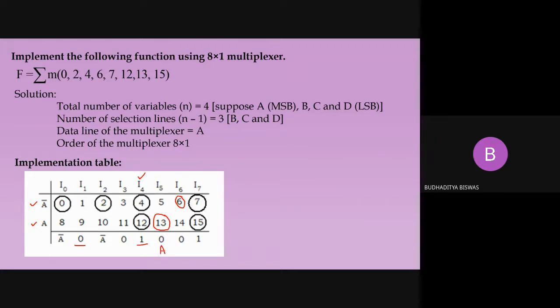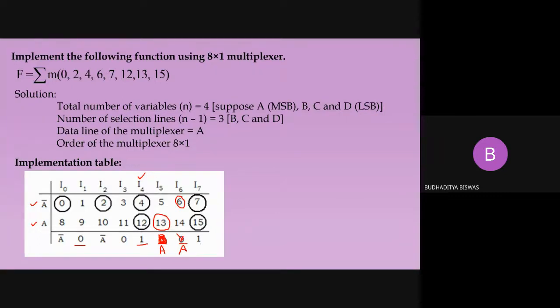Okay, so that is actually the wrong implementation. Sorry, A. So that is actually the wrong implementation. I should correct it in my notes also. That should be A, and that should be A bar. That should be A bar. 0 should not be there. And here both are circled, so it should be 1.